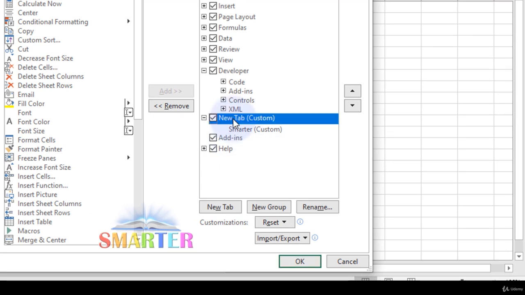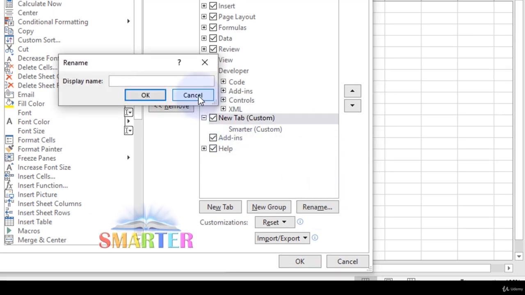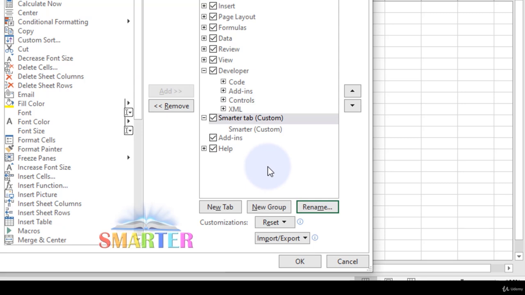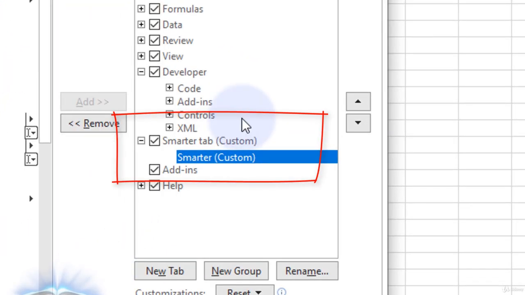You can also rename the new tab to smarter tab. So I have created a new tab called smarter tab and a new ribbon group called smarter,